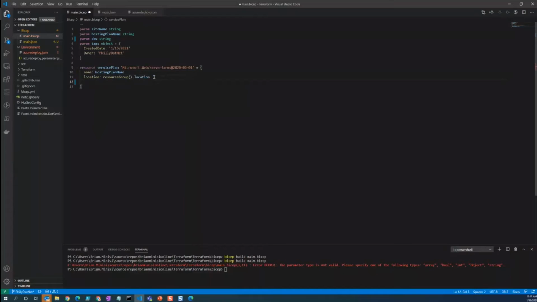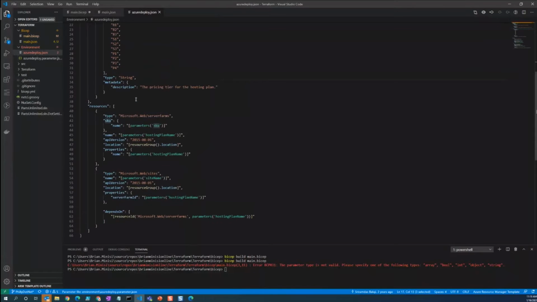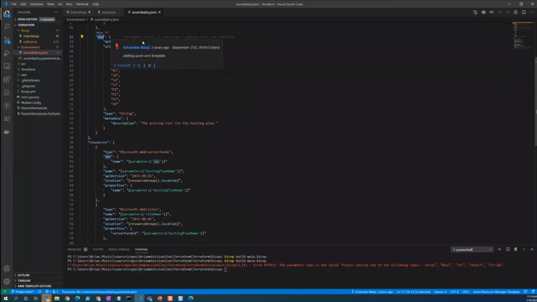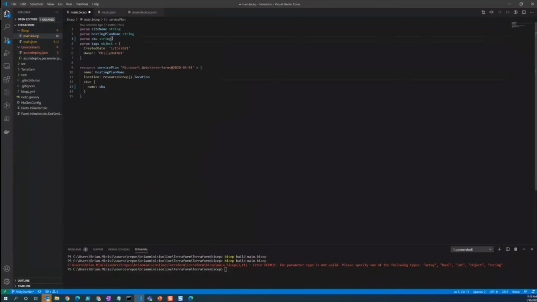And with the SKU, we can have the SKU parameter up here. So let's go over here and just populate what it is. So it's S1. But you don't have to put the values here.